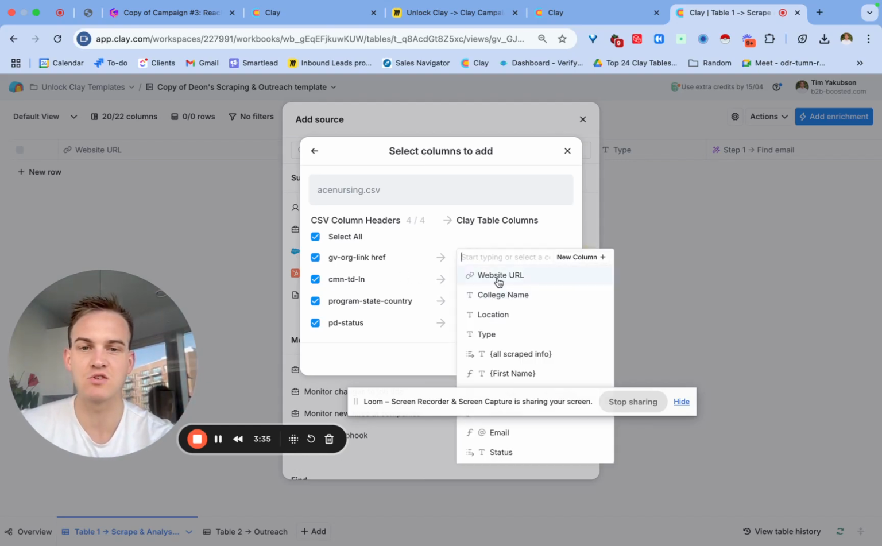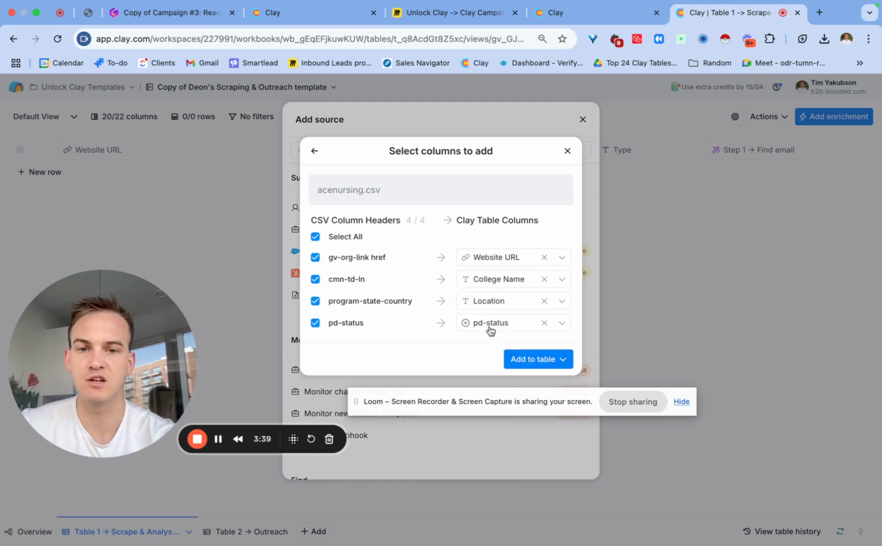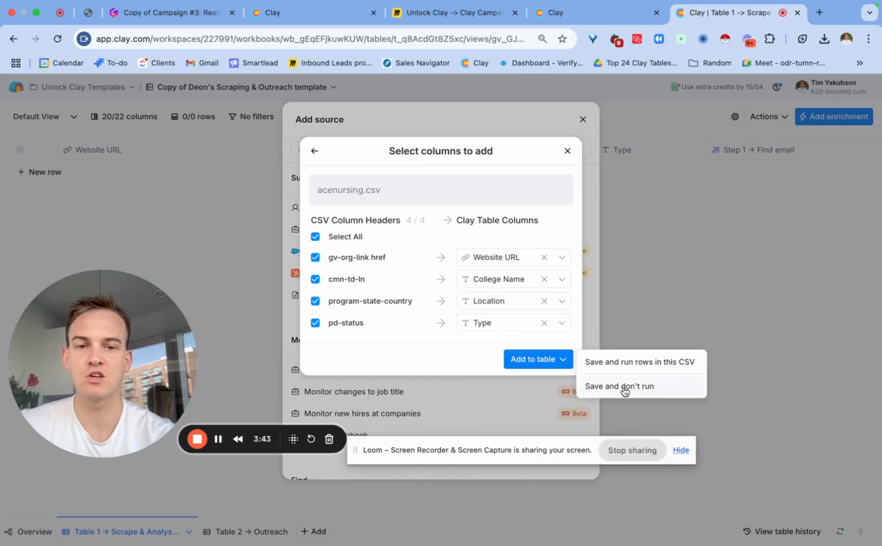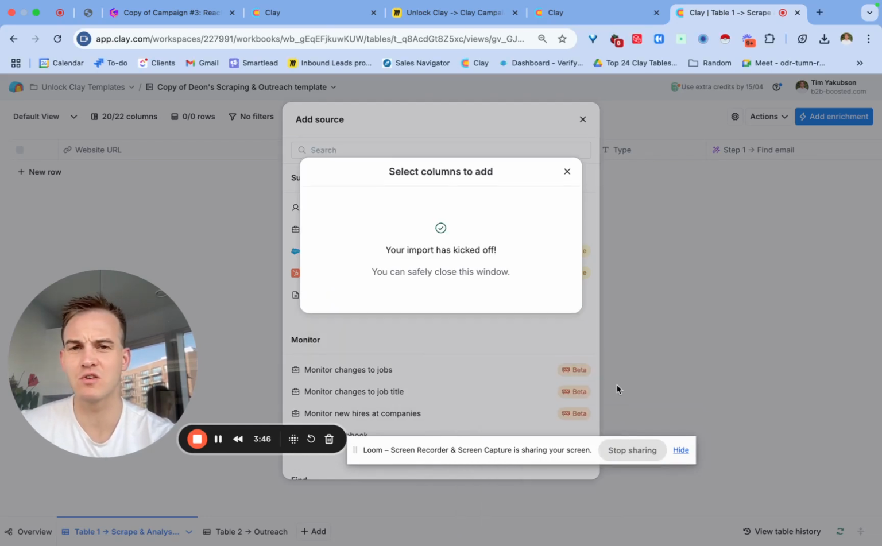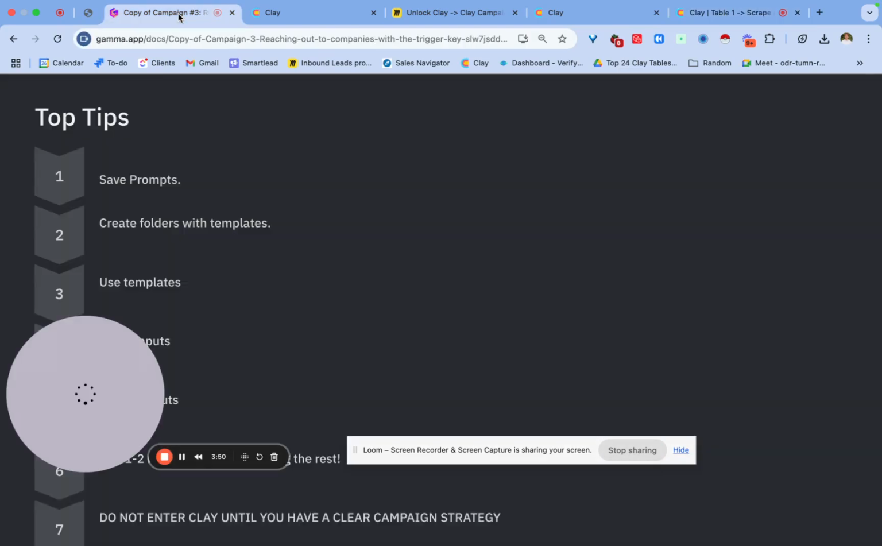So in this case, I'm just going to do a quick rundown of this. This is the location, and let's say this is the type. And assuming all the variables are fine, you can save and don't run, just so that you can check for yourself. And this brings me very nicely onto one of the other points that I wanted to mention throughout this video,